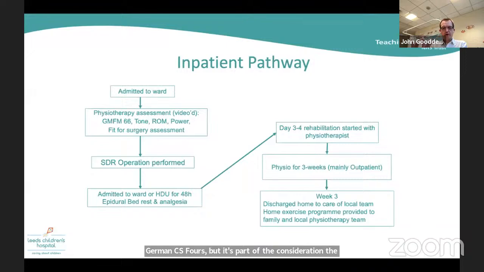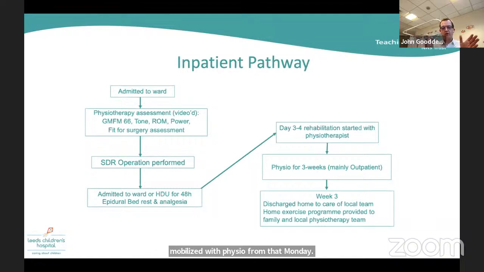So with our patients, most of the time I do an SDR on a Thursday, which works well for our pathway because I leave an epidural in for pain relief that stays until the Saturday, leave a urinary catheter in, and then usually on the Monday, they get out of bed for the first time and the bladder catheter is taken out and they're mobilized with physio from that Monday after their surgery.